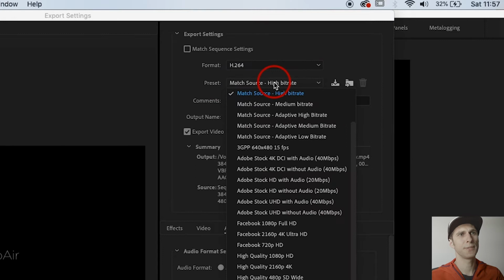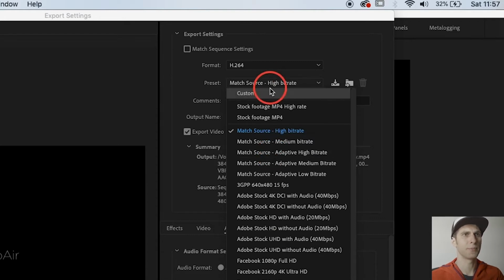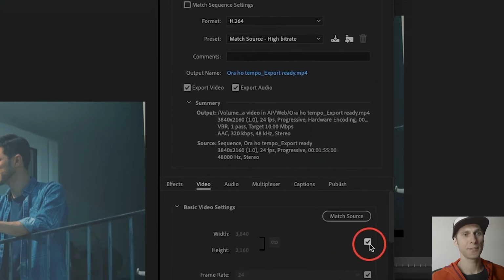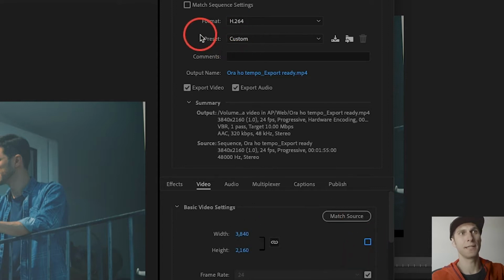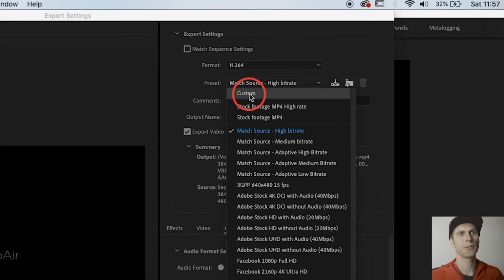If you go in Preset, you will see a long list of presets. So if you want something for YouTube in 4K or HD, it's already there. But I want to teach you how to customize your own preset. If you don't see the custom options on the top, then select any of them, and then just modify any of the values here, or just untick, for example, this window, and automatically on the top you will see you have now a preset, like a custom preset. So just change any of the settings and it will create a custom options for you. So we go to the top, custom,